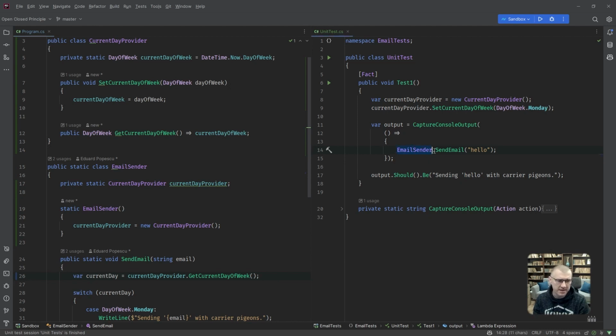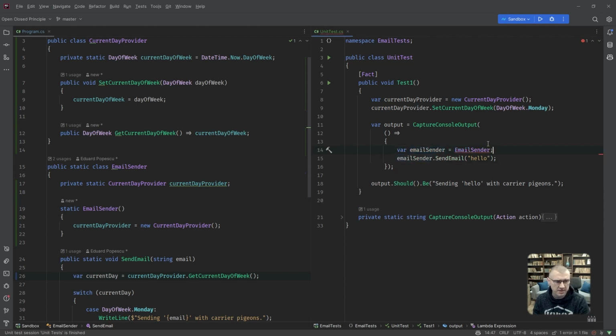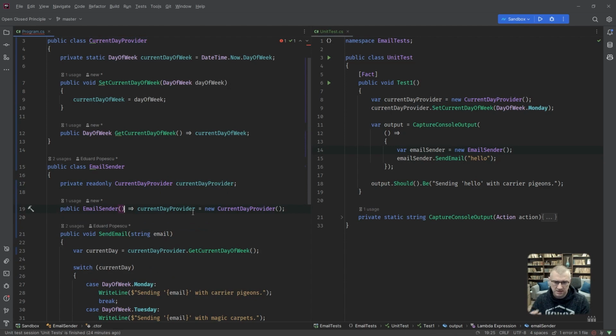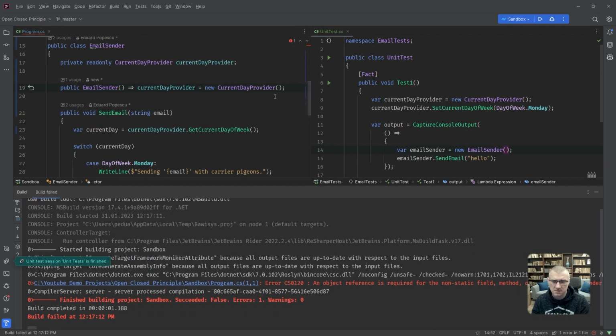So what we want to do, again, start refactoring the tests first and then the code. Introduce variable, right. Again, new thing. Let's do the right thing. So this is not static anymore. This is public. Send email is not static. This field is not static. Okay. Let's see if the tests pass. No, it doesn't. Wait a minute.